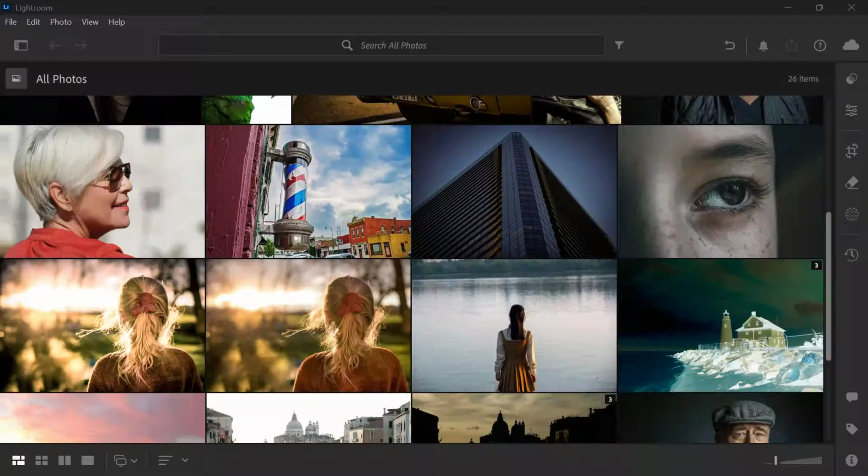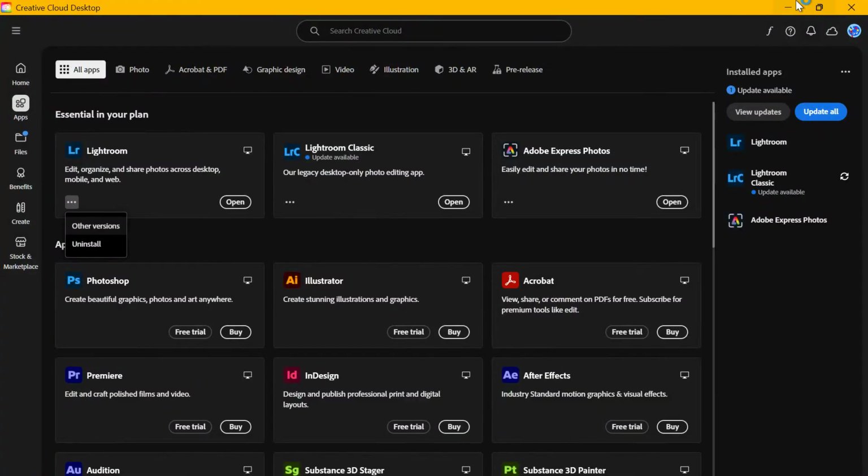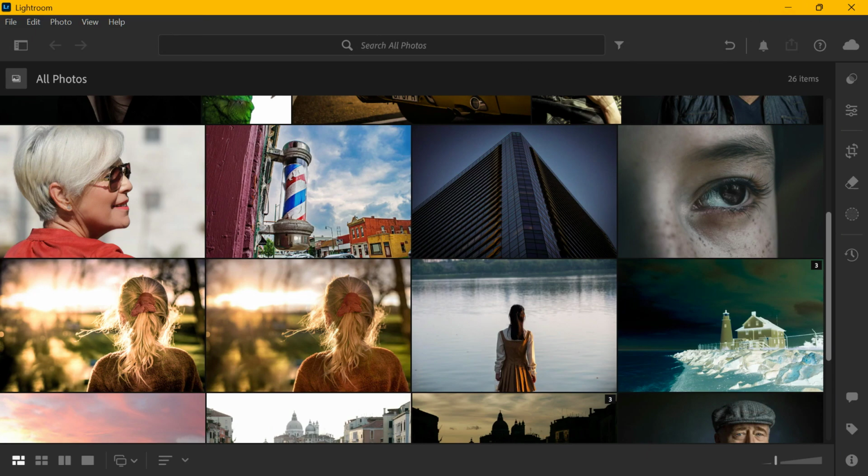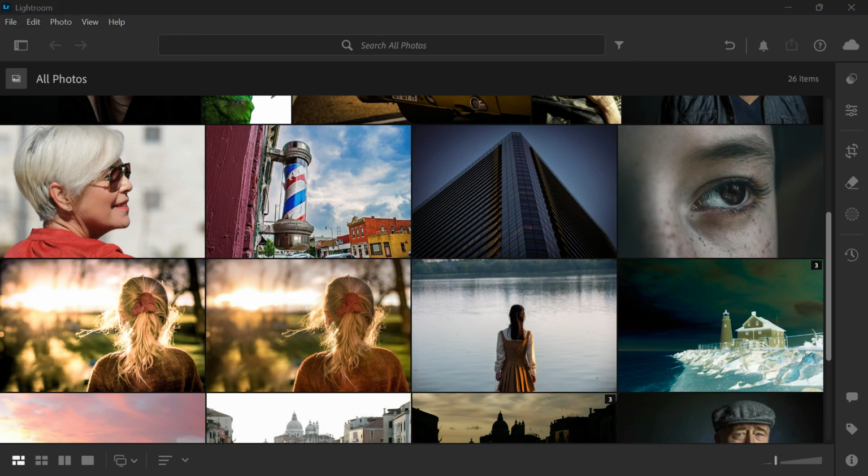If Lightroom is showing error 146, don't worry. This is usually caused by a file permission issue, a disk write problem, or Lightroom not being able to access the folder where your photos are stored. In this quick guide, I'll show you the safest and easiest fixes so you can get Lightroom working again without